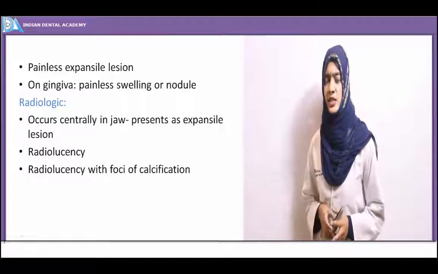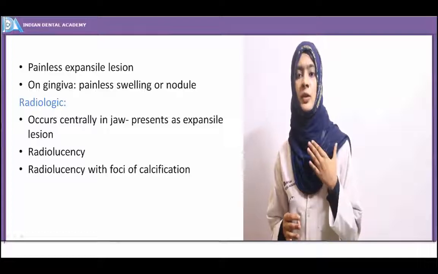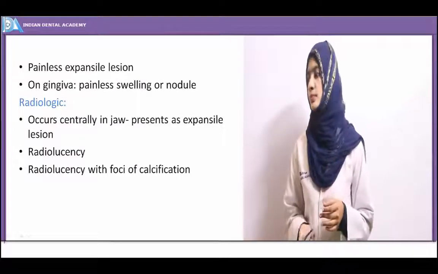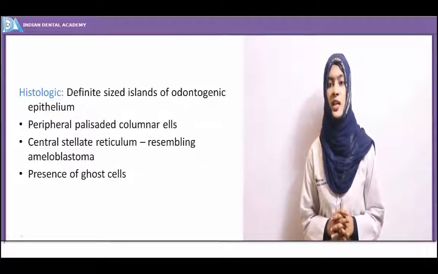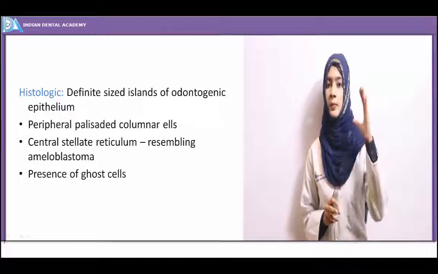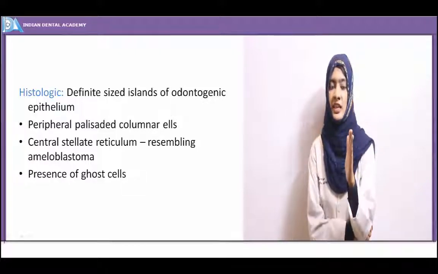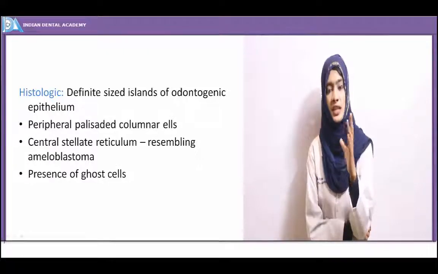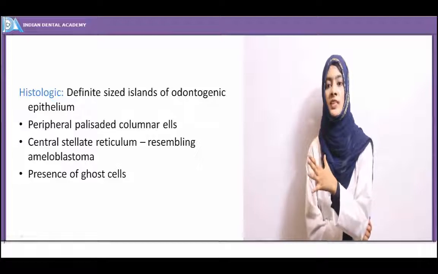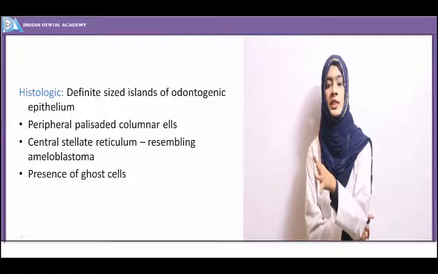Okay, snow-driven appearance, that is also seen here. So the histologic picture is the only diagnostic picture of calcifying odontogenic cyst. Histologic picture, when you see the cystic variant, the cystic variant is just divided into 3 or 4 types based on the proliferative lining epithelium, which may be keratinized or may not be keratinized. But here in the neoplastic variant, you see that the characteristic islands of odontogenic epithelium are present,